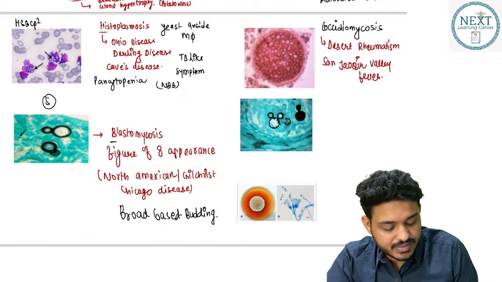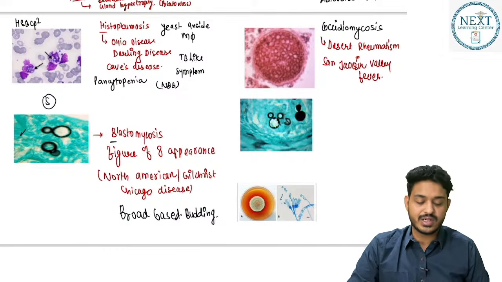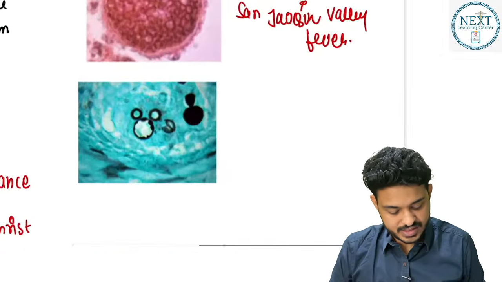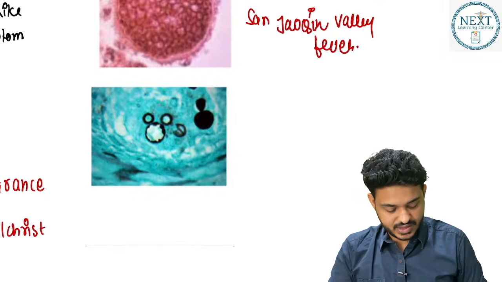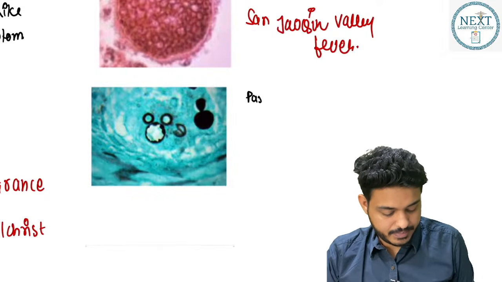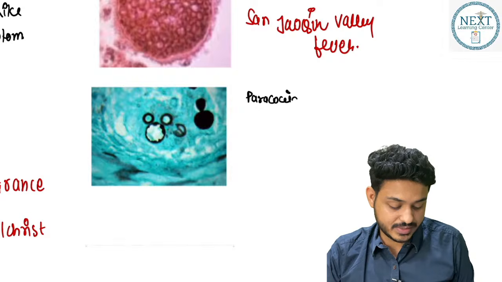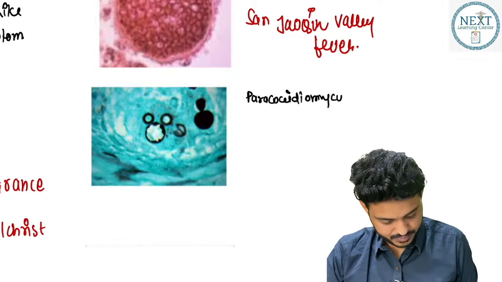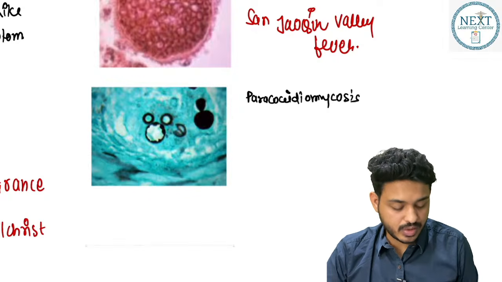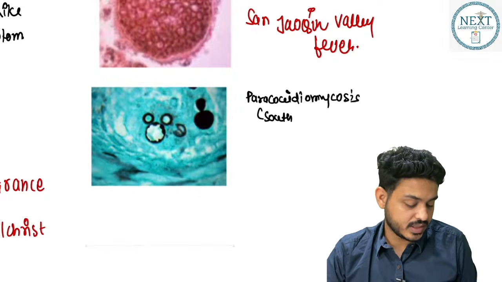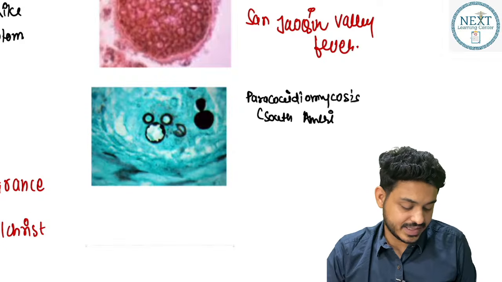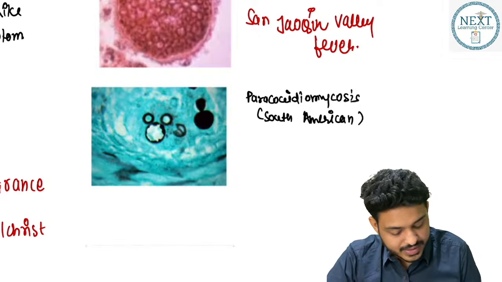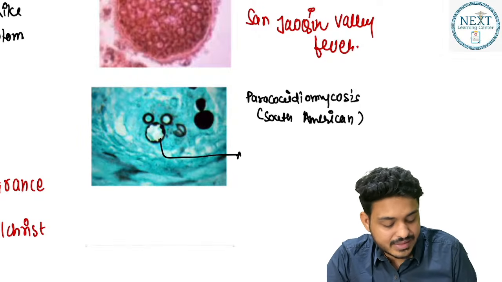Next one is going to be this particular one. What you can appreciate here, what it is looking like, कैसा दिख रहा है ये? This one is known as paracoccidioidomycosis, also known as South American disease. This is known as paracoccidioidomycosis, also known as South American disease, and the appearance that you are going to get